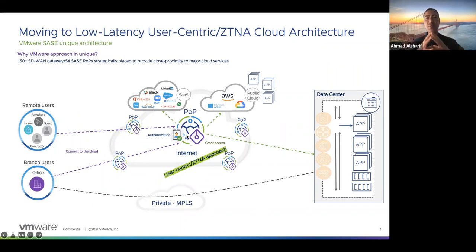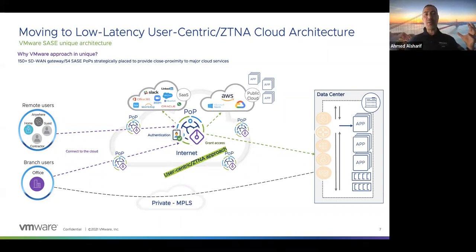The first question that comes to my mind, how many POPs do you have? If you don't have enough POPs, then I'll have somebody in California connected to a POP in New York because you don't have any closer point of presence. And that defeats the purpose of solving the problem of hairpinning. If my data center is in Switch, Las Vegas, Nevada, to give just an example to understand the customer perception, and I'm backhauling my traffic there, and you are telling me, come to my POP in Chicago for low latency, then the customer will not like that.